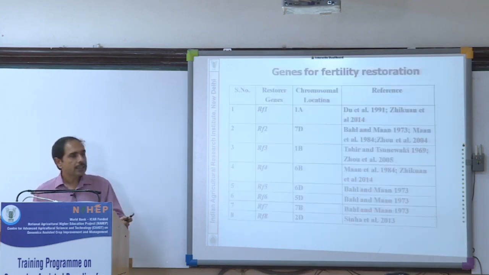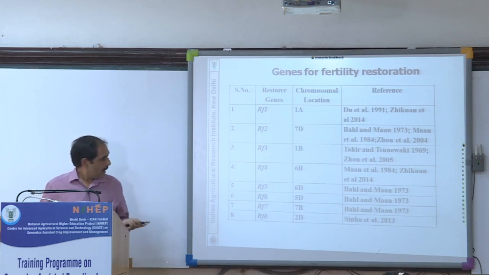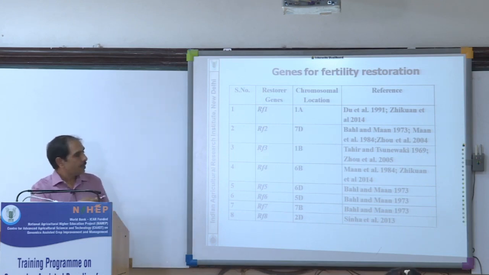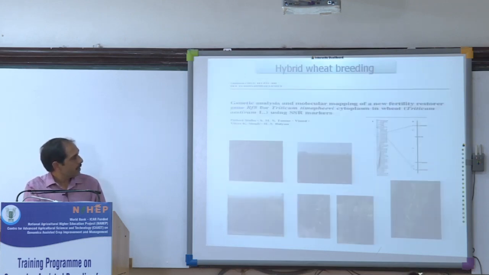And then genes for fertility restorer. A number of genes have been identified for fertility restorer in wheat, and you see RF1 to RF7. These genes have been reported earlier. The RF8 gene was discovered by us, and we have developed molecular markers for this. And in the hybrid wheat breeding program, we are using these markers. This marker was developed by us, and it is a very good marker, and we are using this for development